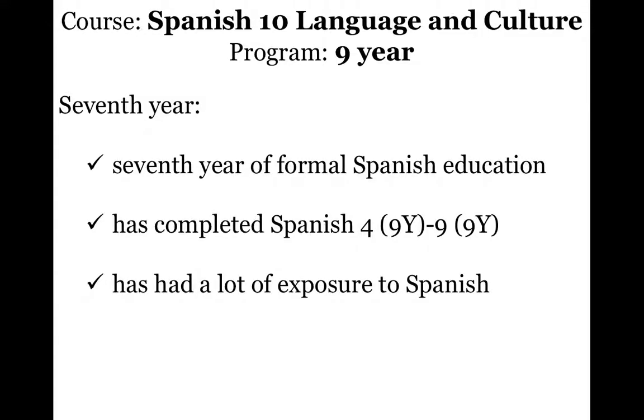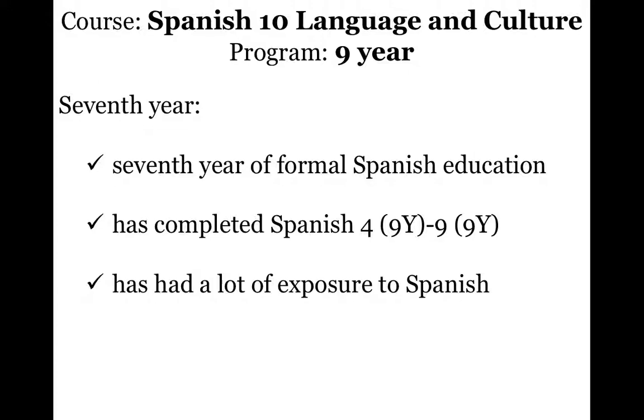So guys, before you continue, it is very, very important that you're in the right level. If you do not meet these 3 requirements, yes, they are requirements, you need to contact me right away so I can make sure that you are in the right level. And guys, contacting me is not a big deal. Don't worry about it. Don't be scared. Nothing's wrong. I actually have to move a lot of my students at the beginning of the year to make sure that they're in the right level. So I have no problem with that whatsoever, but it is super important that you get placed in the